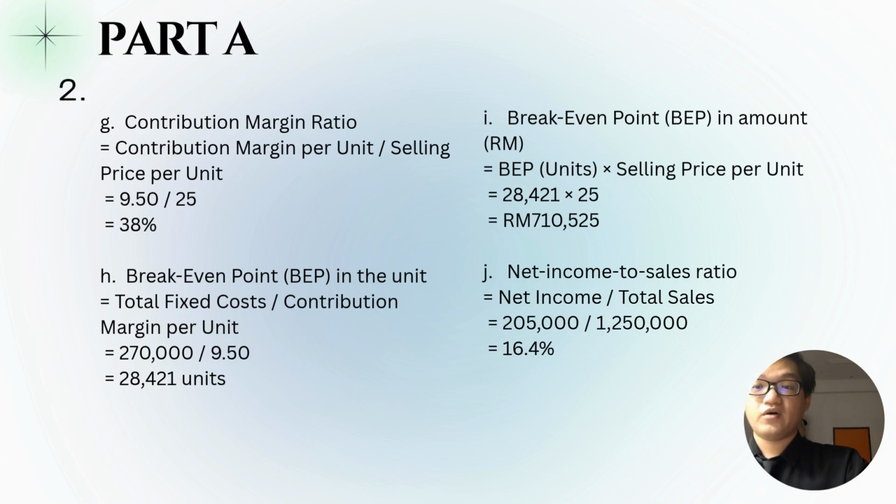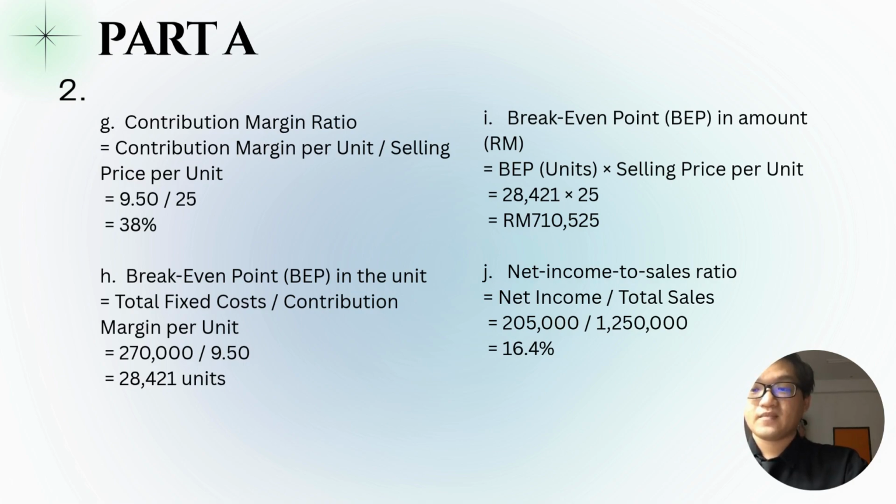H. The break-even point in units equals the total fixed cost divided by the contribution margin per unit, which is 270,000 divided by 9 ringgit 50 cent, and we will get 28,421 units. For I, the break-even point in amount equals the break-even point in units times the selling price per unit, which is 28,421 units times 25, and that equals